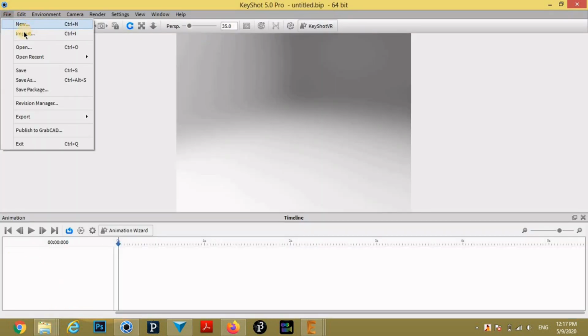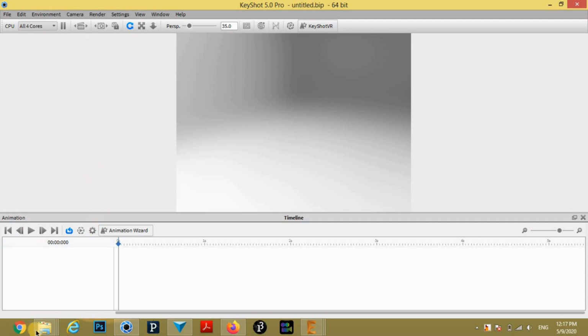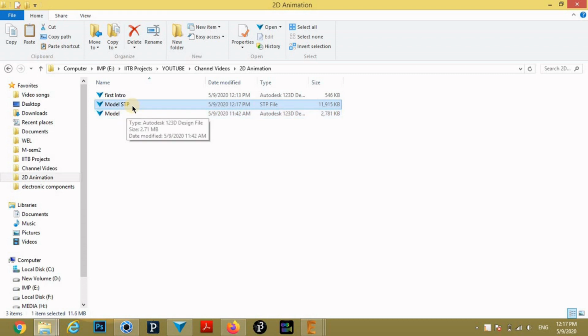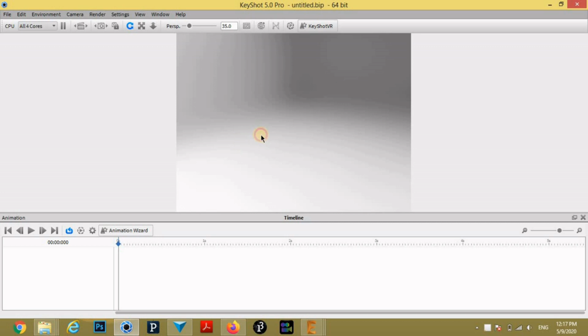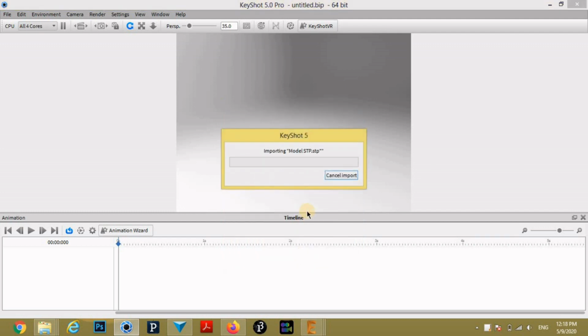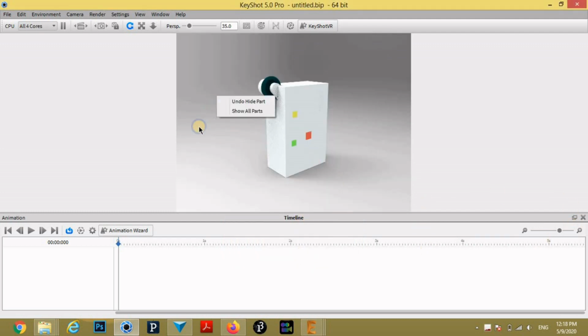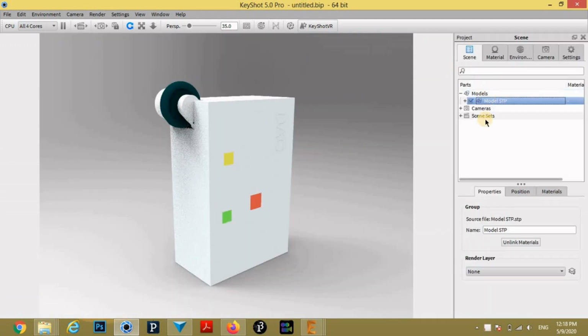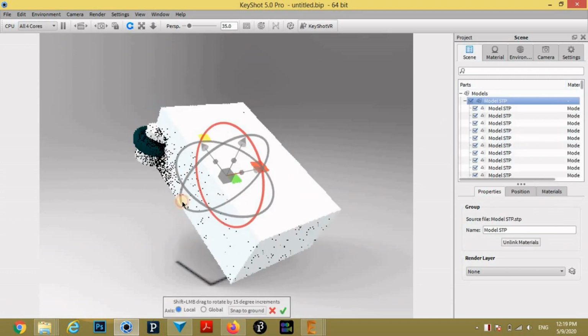Now import that STP file in Keyshot software. Select original size. Now device is imported. Now first adjust the position of device.